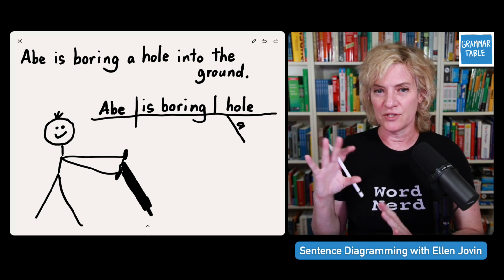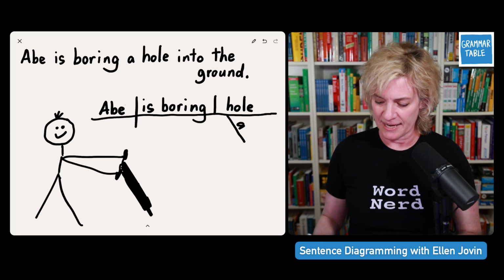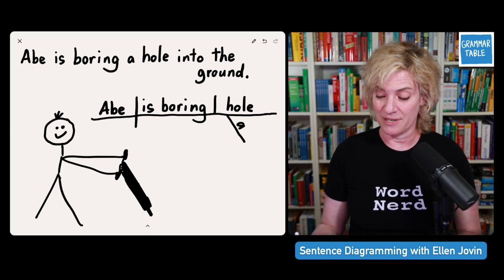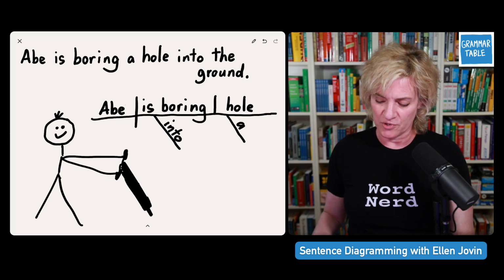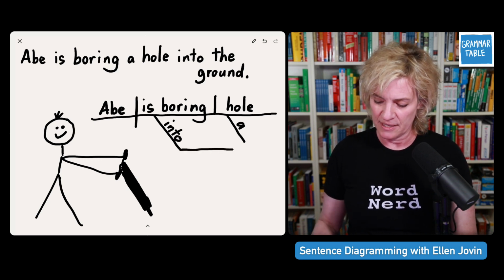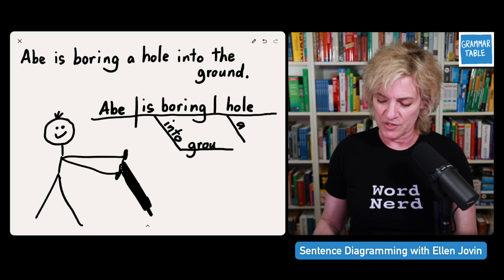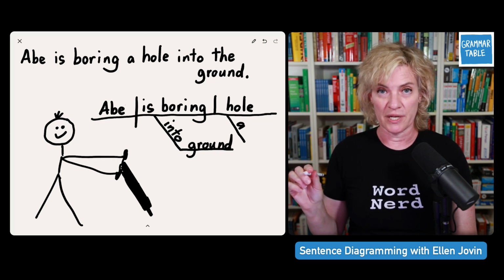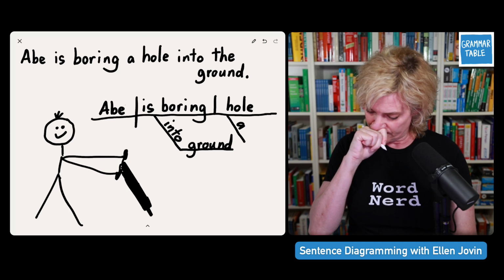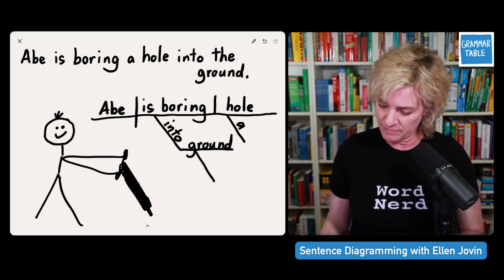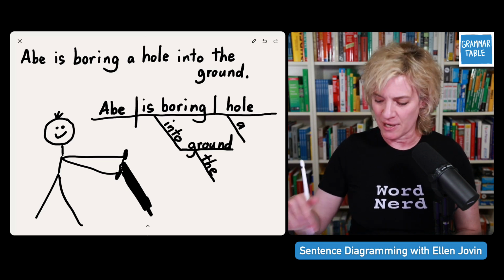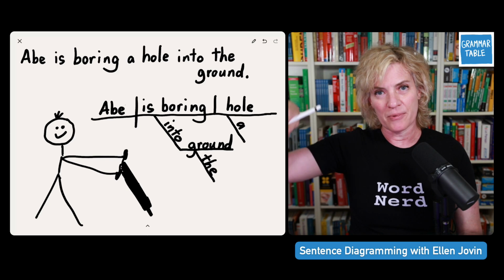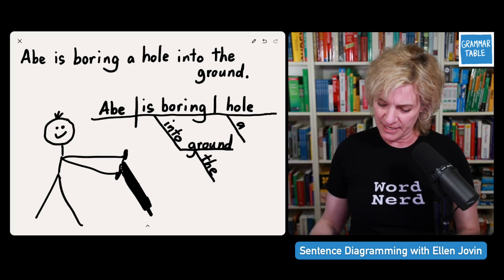I vote because it tells you where, to put it under the verb, which is lucky because I don't really have space to put it under hole. So I'm going to put it under the verb, into, and then ground is the object of that preposition. Do you remember this? In a prepositional phrase, you first have the preposition, which is into here. Then you have the object of the preposition, and then you have whatever's left. If I had said the hard, cold ground, then I would also put hard and cold on separate diagonal lines under the ground.